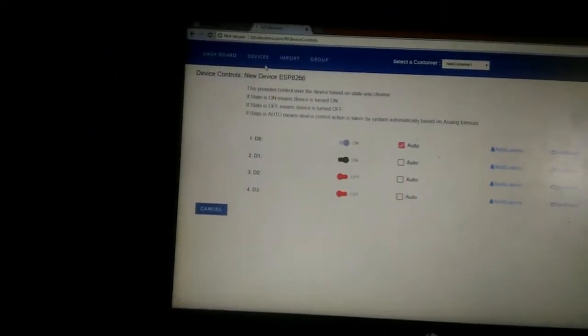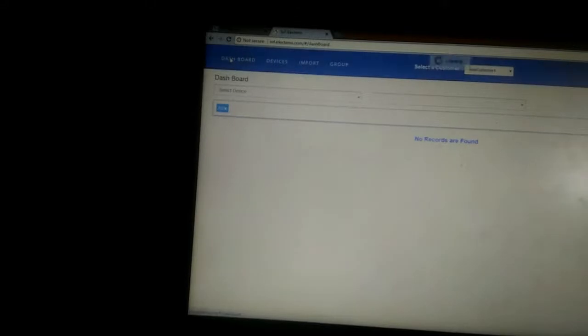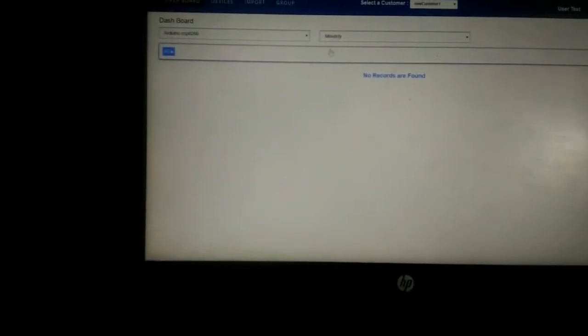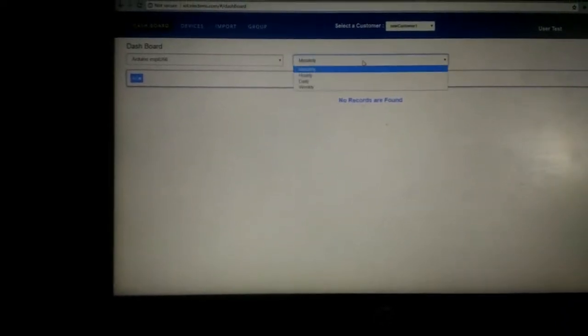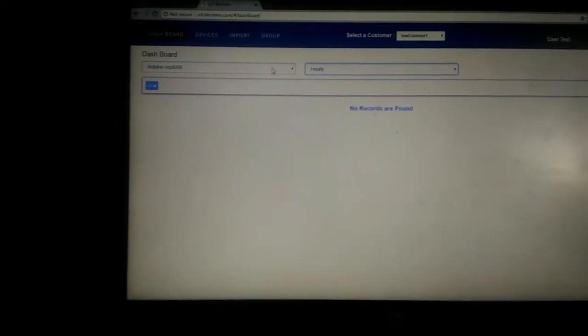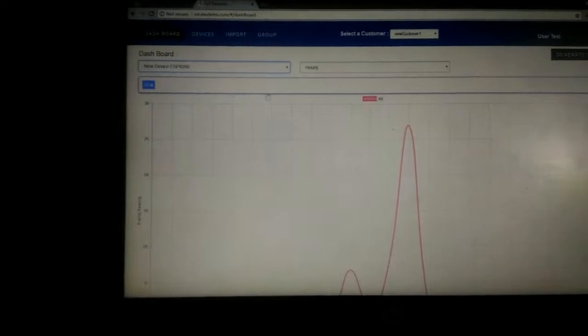So let me go to the other parts of the system now, wherein this is the dashboard, and you would get a nice minute by minute graph to get to know what happened. Sorry, I didn't select the right place. Yeah. So you could see that there's a nice graph that's depicting the different parameters, the current parameters and the voltage parameters that we have in the system